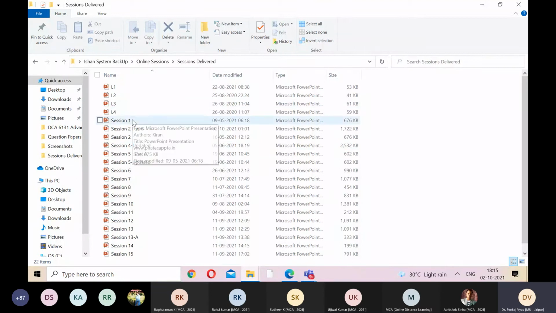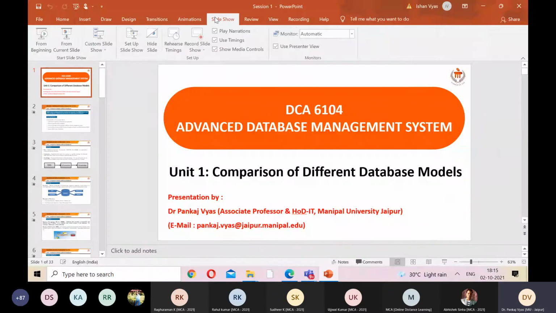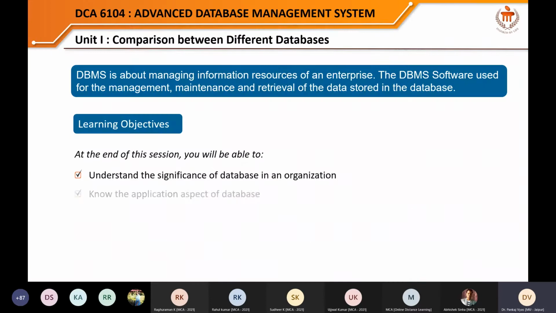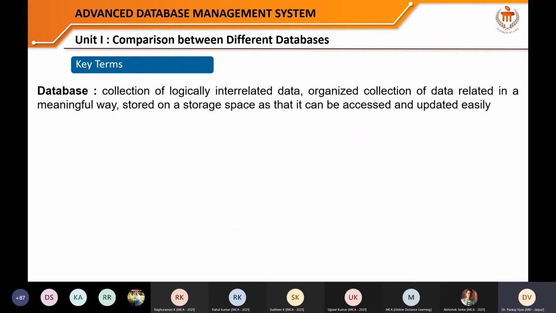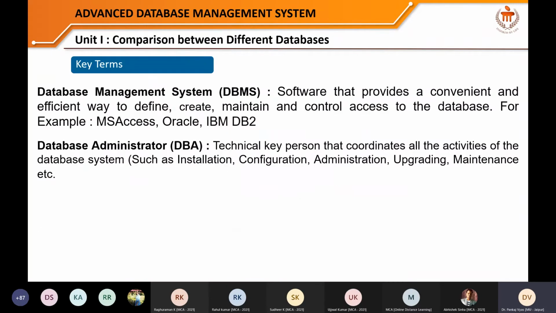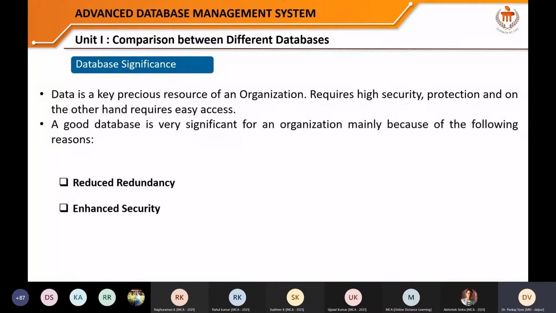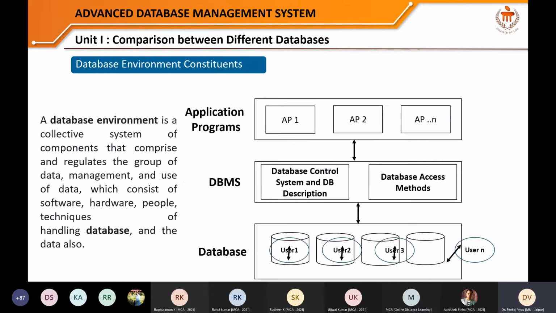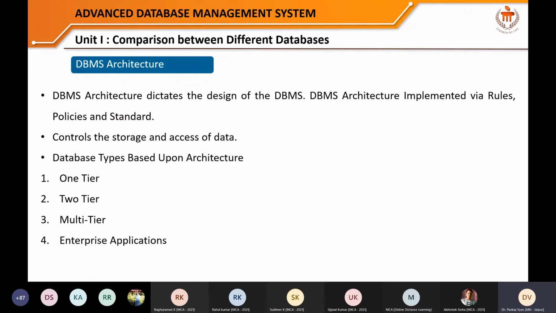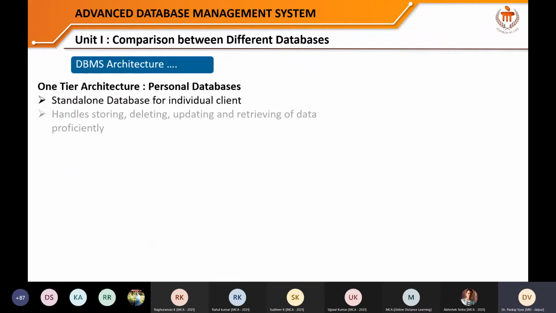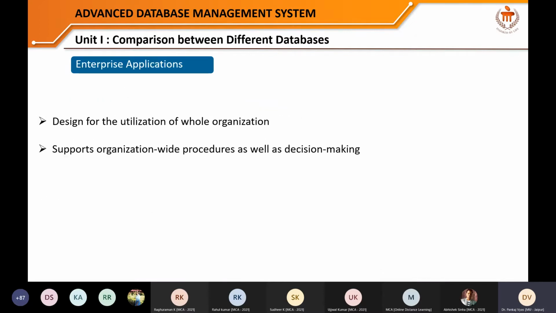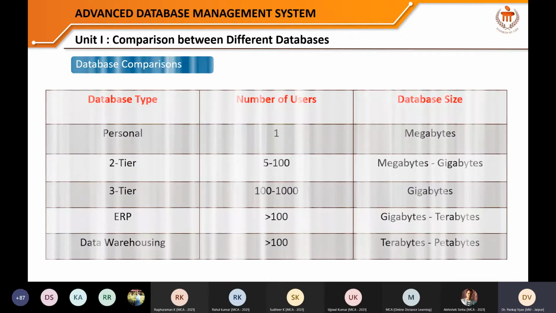So I am going to share all the slides with all of you one by one. If you remember what we are going to focus on, just for example, compare unit number 1. Here you have to focus only on the basic concepts. Database definitions, clear. If you remember, all the concepts have been discussed. So, what is a database? Particularly there are DBMS architectures, 1 tier, 2 tier, clear. Here we have discussed the network model, hierarchical model, and relational model, clear.